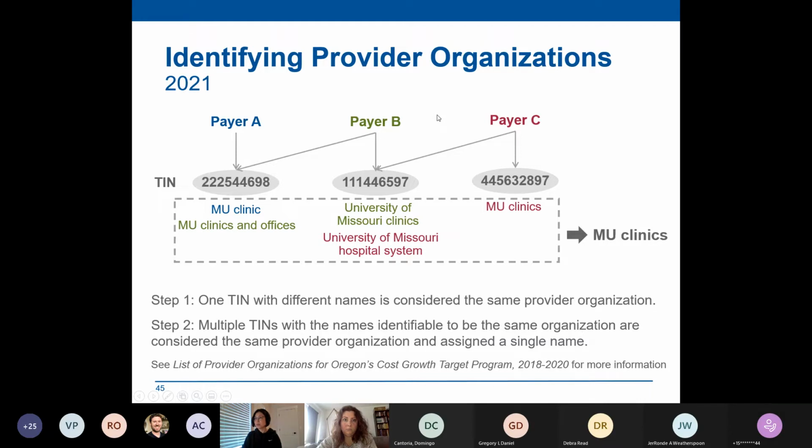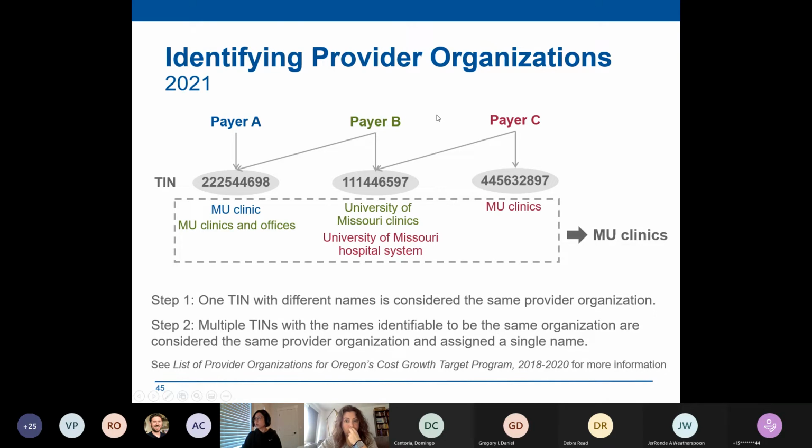Because the teams are the same, when we combine the payer files, as long as the team is the same, we consider them the same provider organization. And the same for payer B and payer C: they both report the team starting with 111, but with slightly different names. Because their teams are the same, we will consider them the same provider organization.